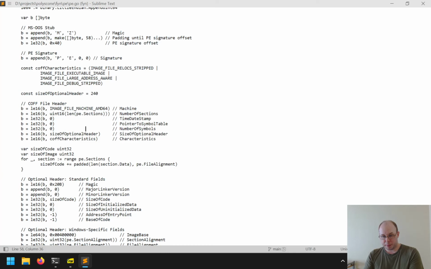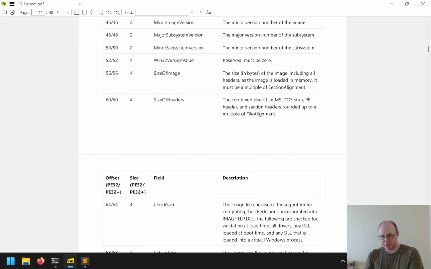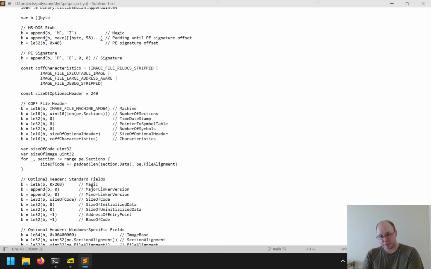Does it include the MS-DOS stub? It's the size of image loaded in memory. So we could, for example, say that it's, we got 64 plus,